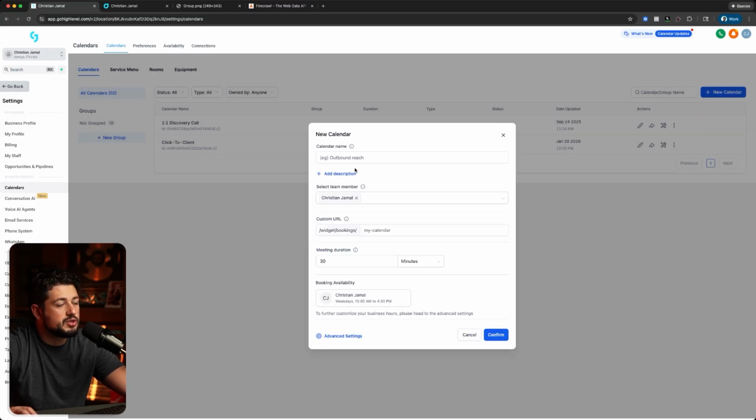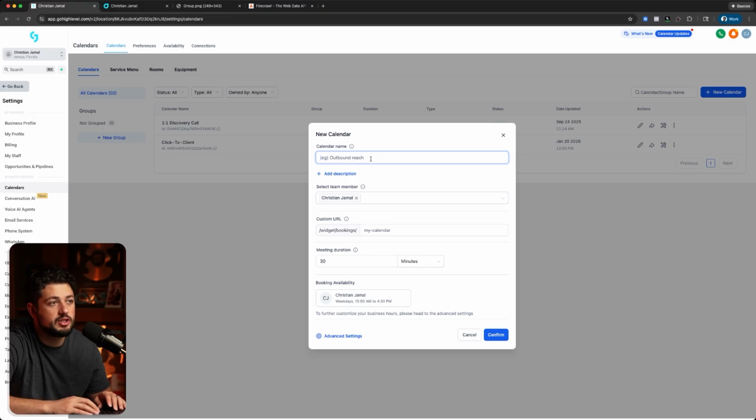Now, after you select this, you're going to select the team member that is going to be the person taking these calls. So it's automatically going to select one. You can select whoever's supposed to be taking these meetings. The calendar name is actually going to show up. So make sure that you name this, not just something you understand, but something that will make sense for the audience. So let's just say, for example, you are doing a one-on-one